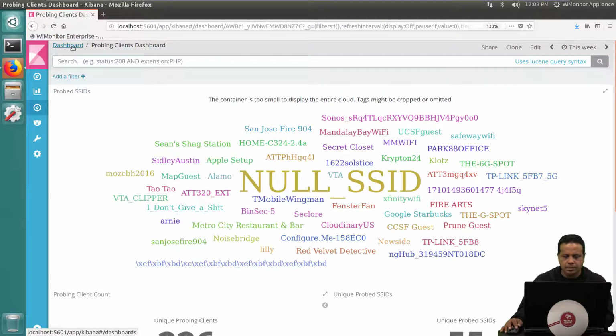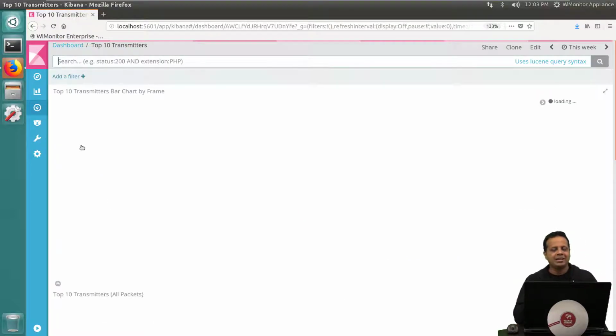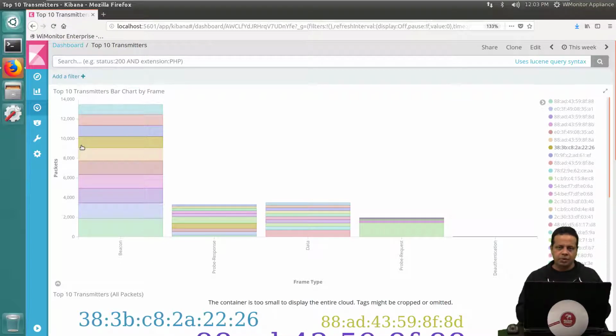and I'm going to touch upon the last dashboard, which is top 10 transmitters. Again, these are important dashboards which we've provided out of the box, but as you will see in later videos, you can create your own, right? Depending on what data is important, what kind of drill down you want to do, you can create your own graphs, charts, metrics, and dashboards. This is really what we would like to encourage. Feel free to use the existing ones, but also create new ones, and you will really experience the power of